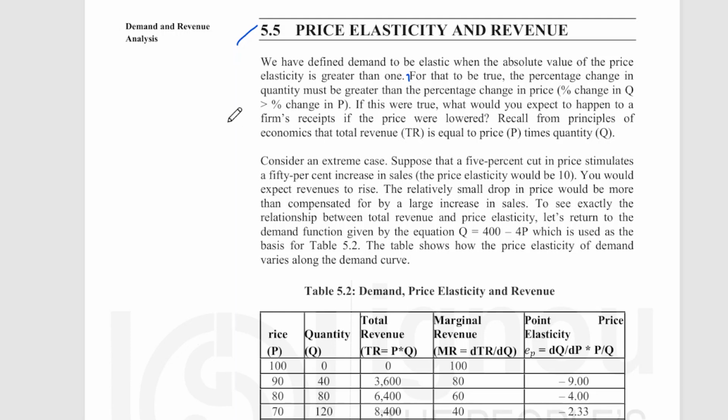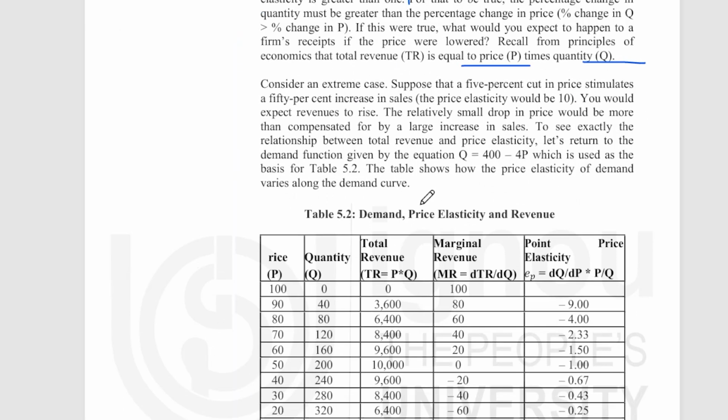And recall from the principles of economics that total revenue, that is TR, is equal to price, that is P, times quantity, that is Q. Consider an extreme case: suppose that a 5% cut in price stimulates a 50% increase in sales. You would expect revenue to rise, and the relatively small drop in price would be more than compensated for by a large increase in sales. To see exactly the relationship between total revenue and price elasticity, let's return to the demand function